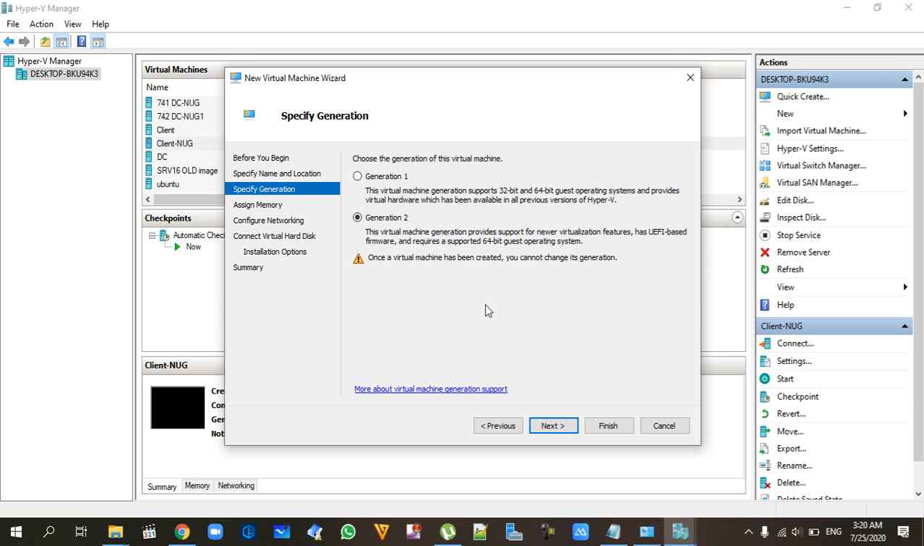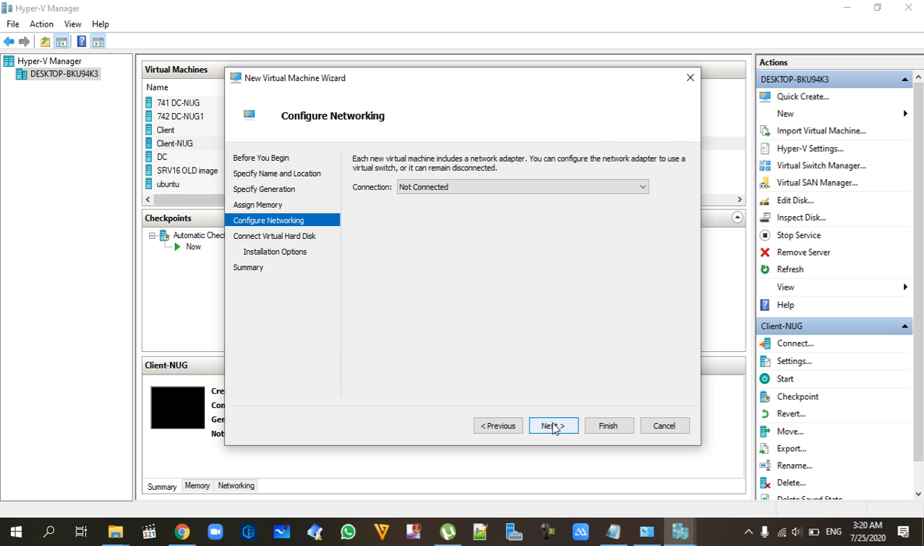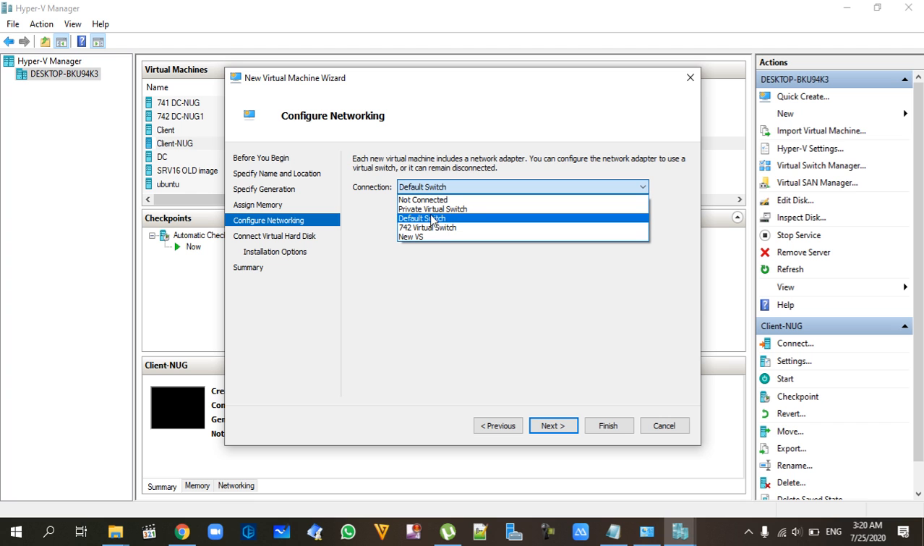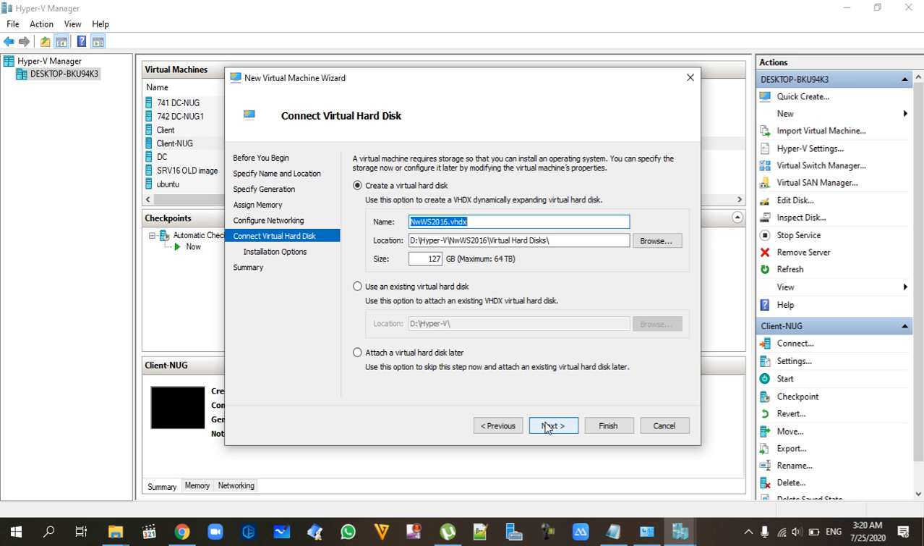We should choose the second generation. The first generation is for legacy operating systems. We will choose next, and here we will specify the amount of memory, and we want it to be dynamic memory. We can click next, and then we should connect our virtual machine to the default switch. I created a lot of other virtual switches, but you must make sure that you're selecting the default switch. It is created by default, and it will appear in every single machine. By choosing the default switch, we will click next. Default switch is a virtual switch,